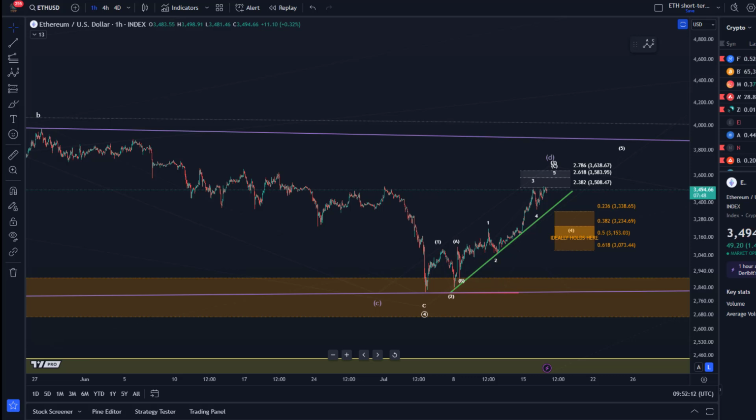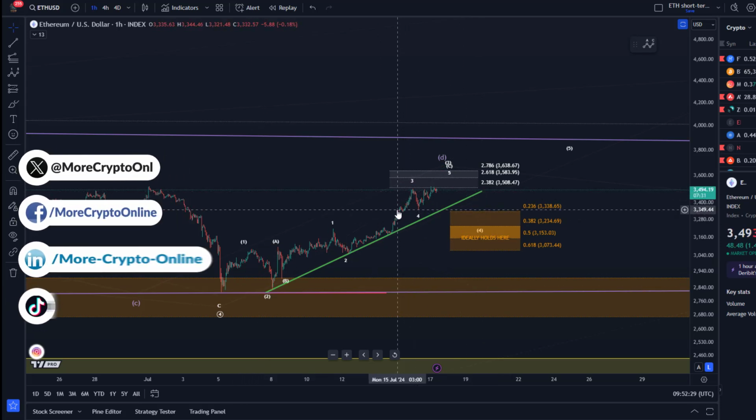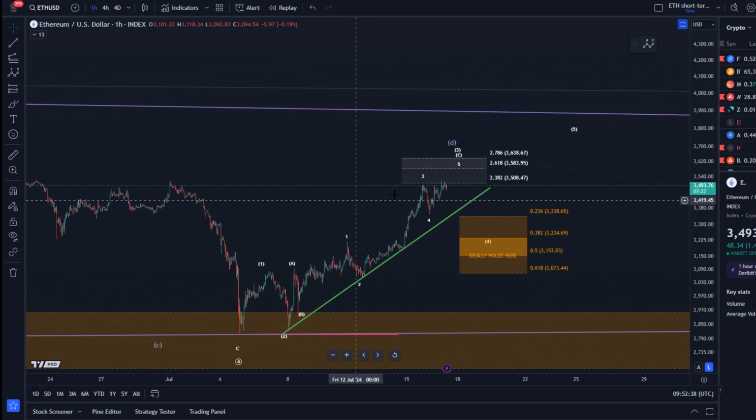The Ethereum chart is still in this local uptrend. As you can see, we're still printing higher highs and higher lows. The decline from yesterday's top was only a three-wave decline, which technically kept the door open for higher. Price did not break below the trend line and is still holding, and could hold yesterday's low as well, which was printed at $3,350. So the assumption is currently that we are also, like Bitcoin, in an extension of the third wave, which started